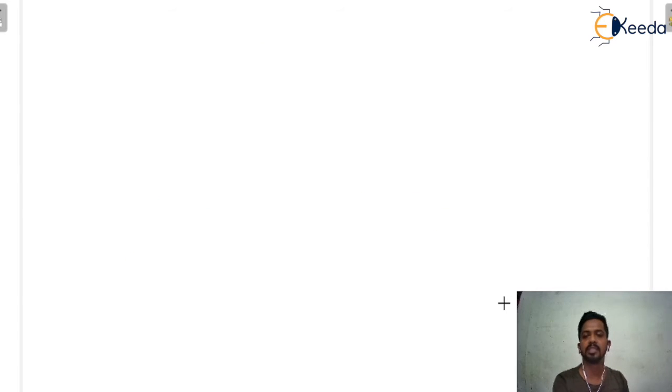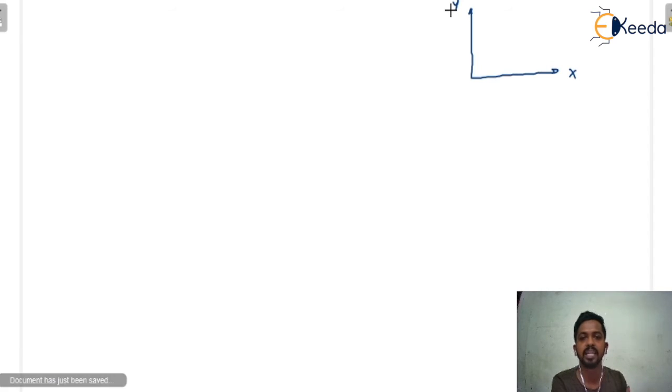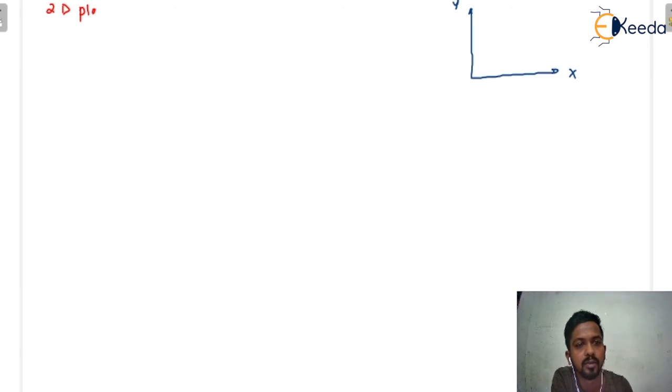This is the three-dimensional space. Now I am going to consider two-dimensional space, that is x and that is y. Now we are going to calculate the degree of freedom for two-dimensional space, because we need the formula for the degree of freedom in order to solve the questions. So now we are going to consider two-dimensional planar mechanisms, because in the examinations the questions will be based on the two-dimensional planar mechanisms.